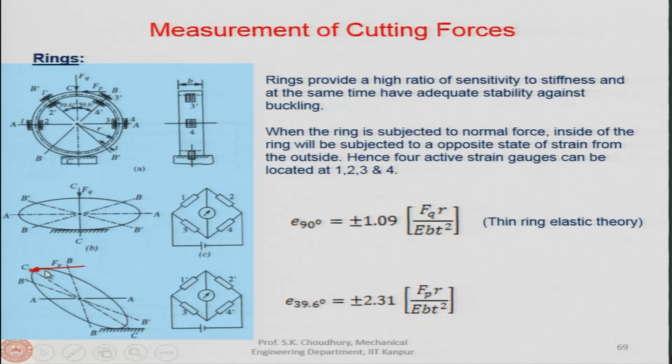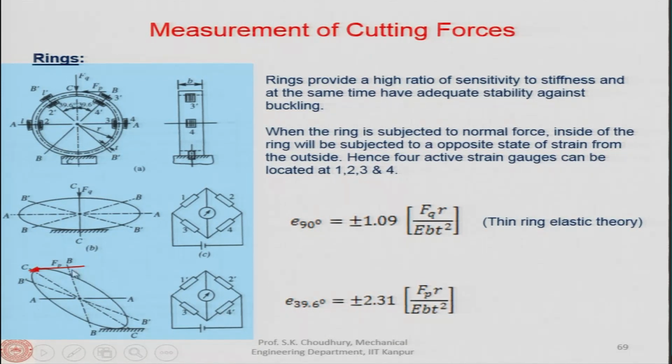Because of the Fp tangential force acting at this point, the shape of the ring will be like this, because it is mounted rigidly, fixed here. Therefore, the maximum strain has been found to occur along these points,